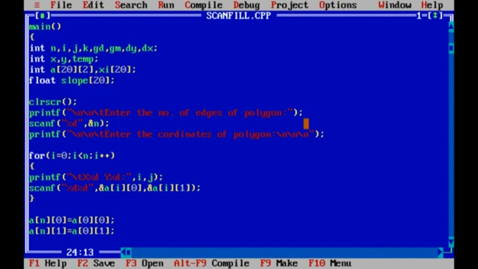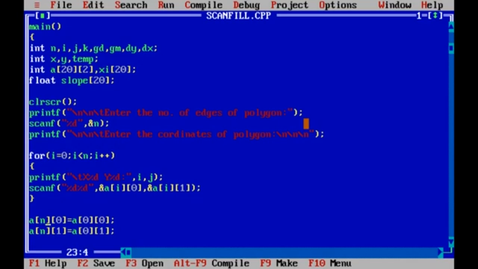Now for the last coordinate, I'll be initializing a of n of 0 with a of 0 of 0, and a of n of 1, where n is the number of edges, with a of 0 of 1.